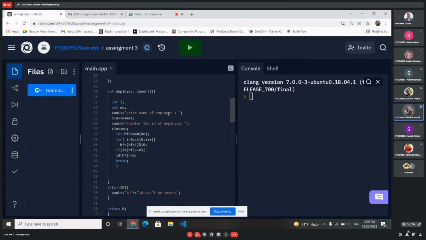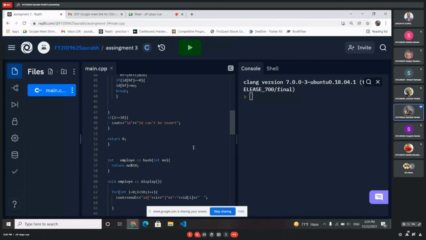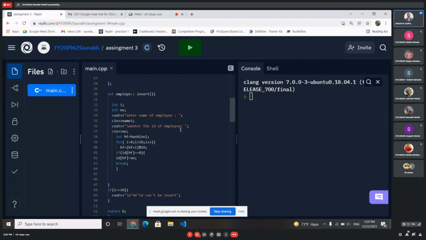We will make one hash function that will return that ID mod the table size, which will create one key, and we will place that key into the map in the hash table. If any overlapping happens, we are using linear probing to find the vacant space linearly and to store the data into that key.